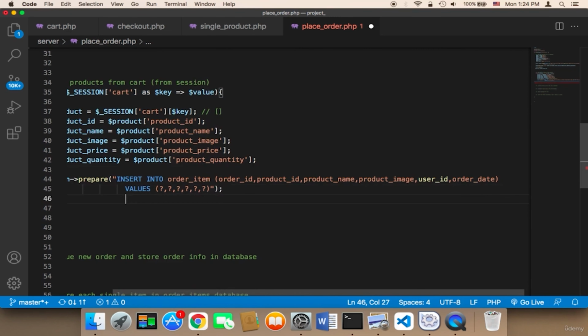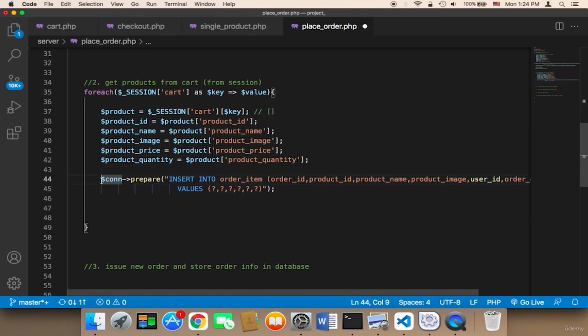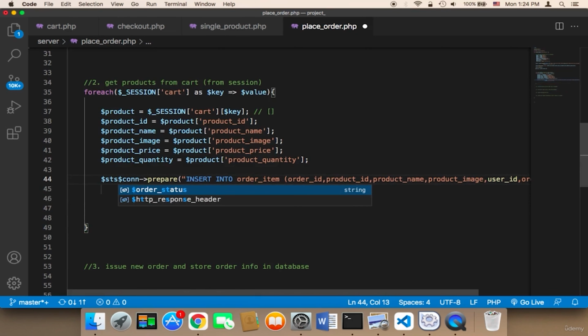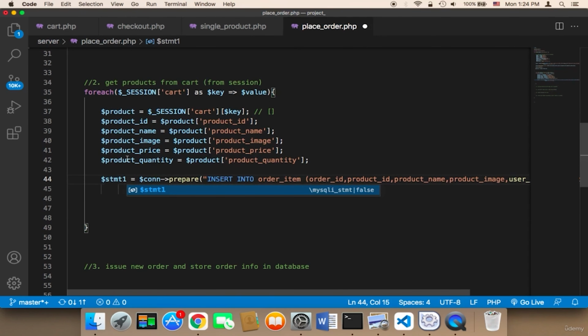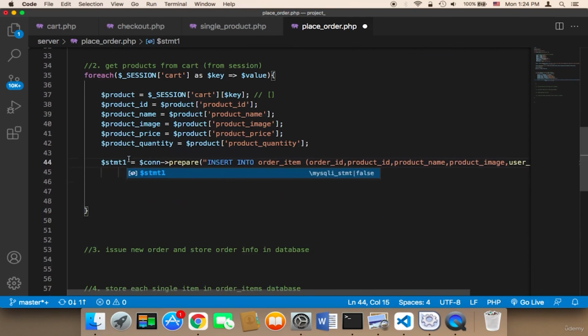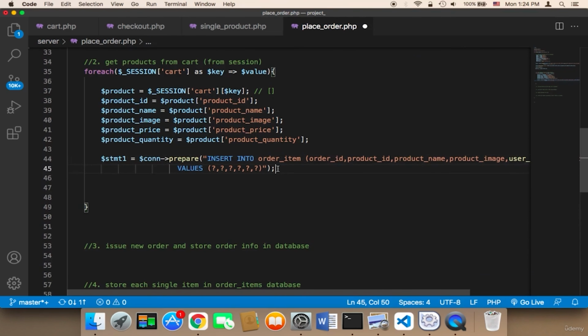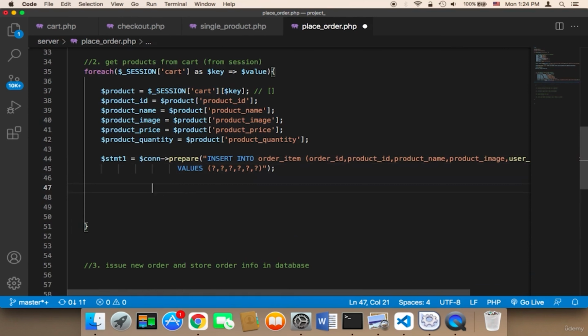And then we need to store this in a variable called stmt. Let's say stmt1, just to differentiate between this and the other one. And then I'm going to say here stmt1